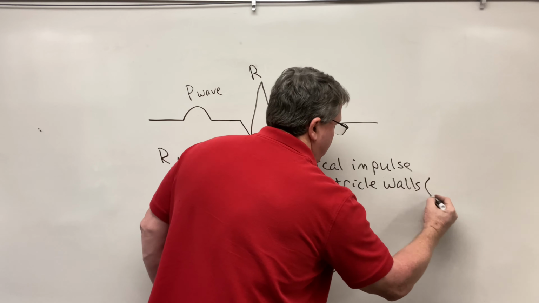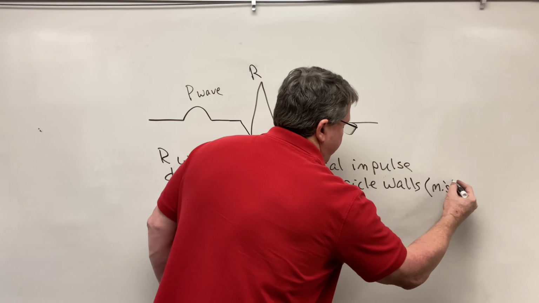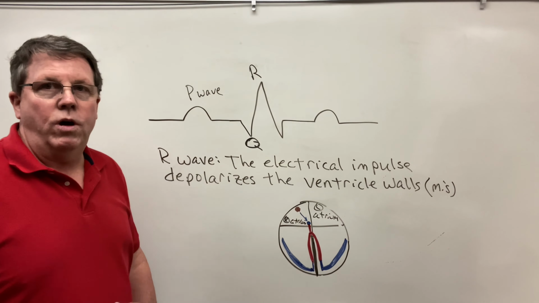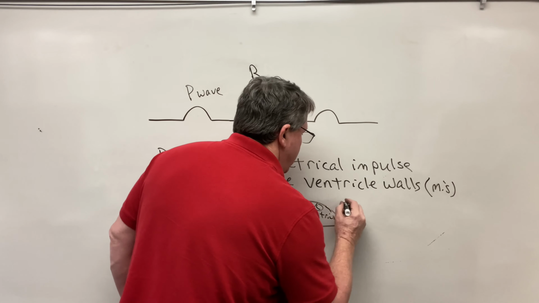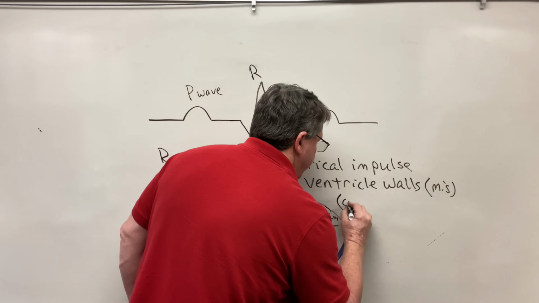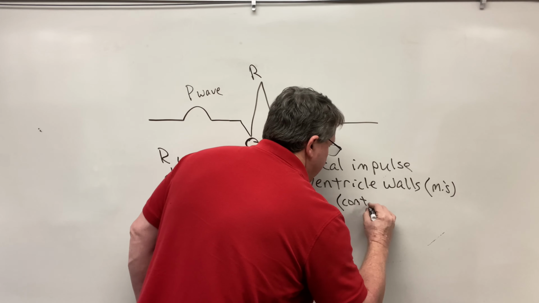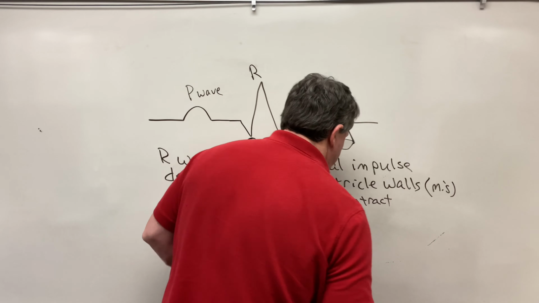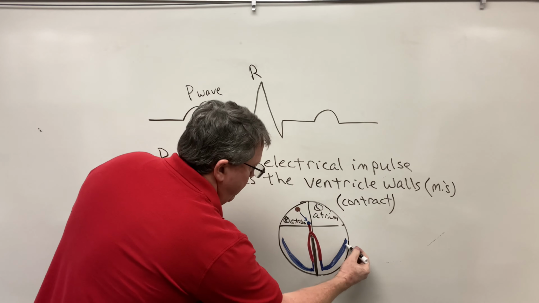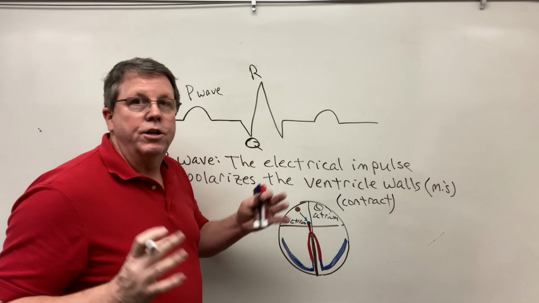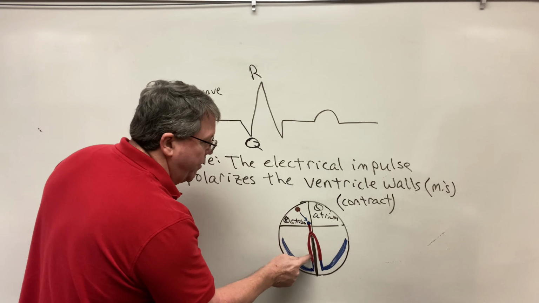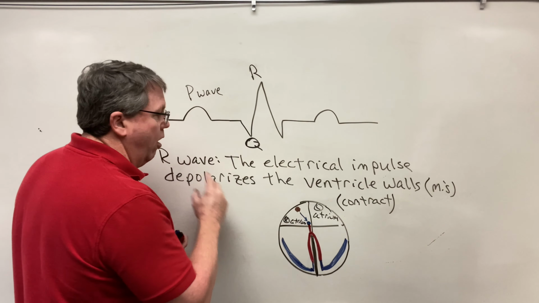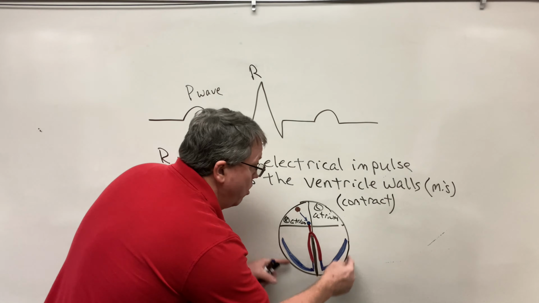Okay, which are the muscles. Okay, so it's going to depolarize the ventricle walls, which are the muscles. And remember, that means they contract. So, in other words, they're going to contract. Okay, so these parts here are now contracted. So the Q wave was the ventricular septum contracting, and the R wave is now the ventricular walls